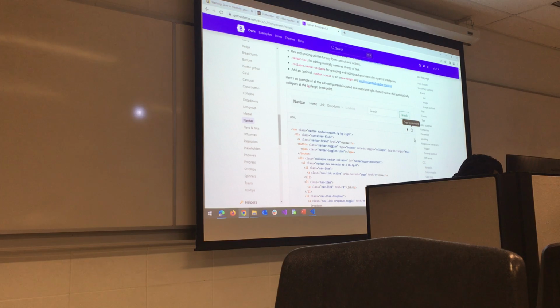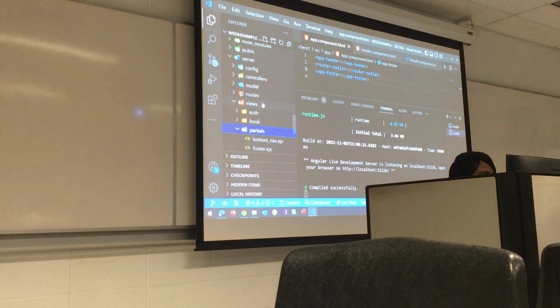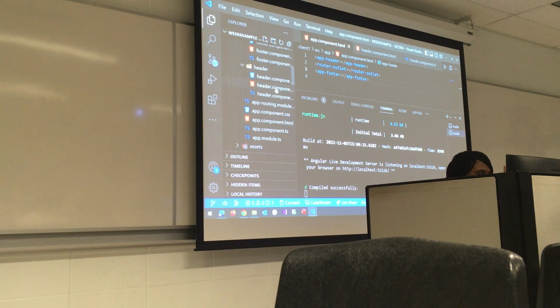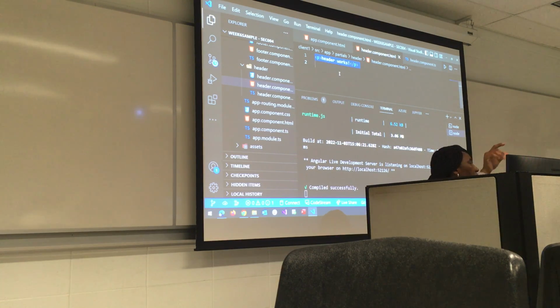Once you copy it, you go back to the header component.html for your Angular, where you have the header folder. You replace what is there with it. We don't want it to show header works. We want it to show our navbar, right?